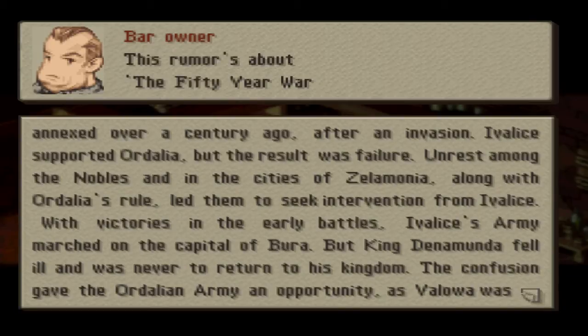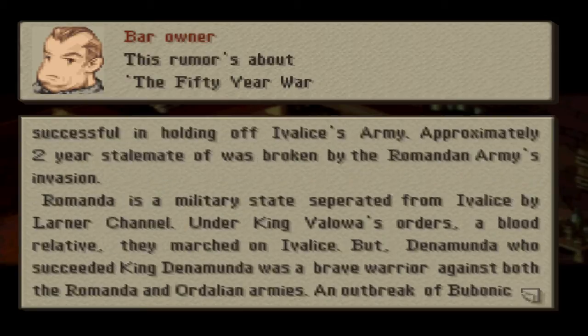Unrest among the nobles and in the cities of Zelamonia, along with Ordelia's rule, led them to seek intervention from Ivalis. With victories in the early battles, Ivalis's army marched on the capital of Bura, but King Denamunda fell ill and was never to return to his kingdom. This gave the Ordelian army an opportunity, as Valoa was successful in holding off Ivalis's army. An approximately two-year stalemate was broken by the Romandan army's invasion. Romanda is a military state separated from Ivalis by the Larner Channel. Under King Valoa's orders, a blood relative, they marched on Ivalis, but Denamunda, who succeeded